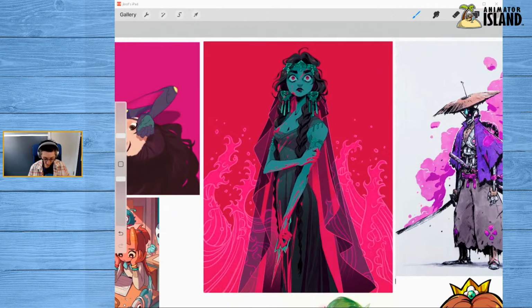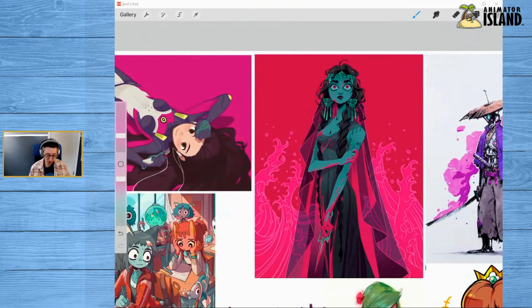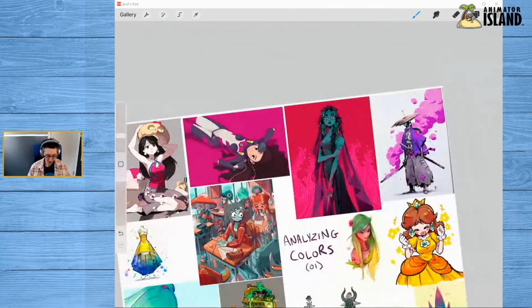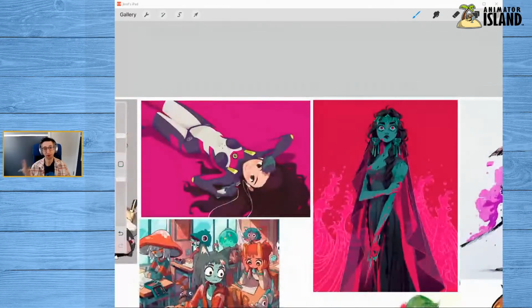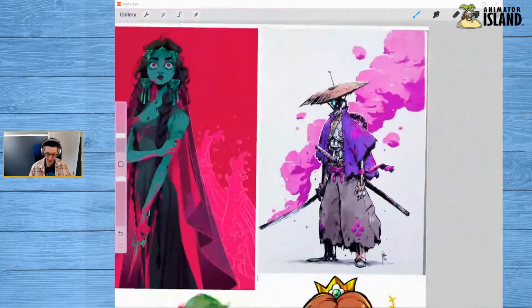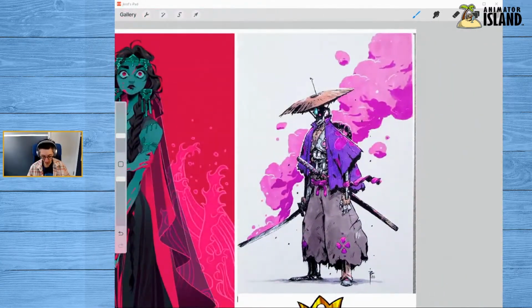I need to keep in mind that a lot of times I choose a very subtle background, and so with these middle two, this is not the first one. The first one is more of a subtle background, but these two have very bold backgrounds, and so I'm going to have to experiment more with that because it's clearly an element that I really like. I appreciate the powerful quality to the colors that a lot of these people are choosing.